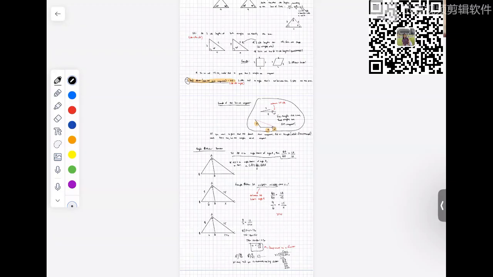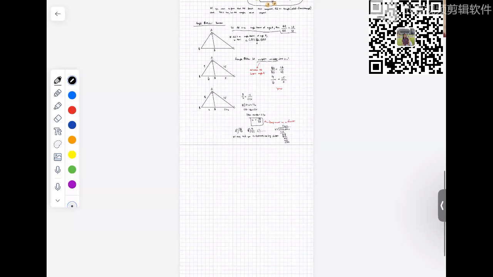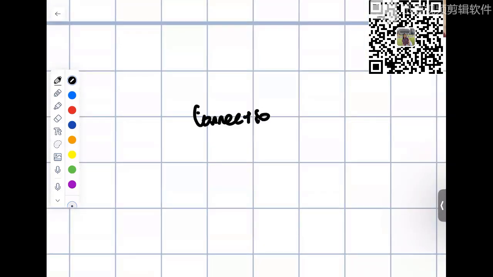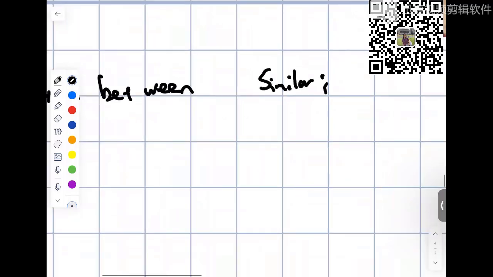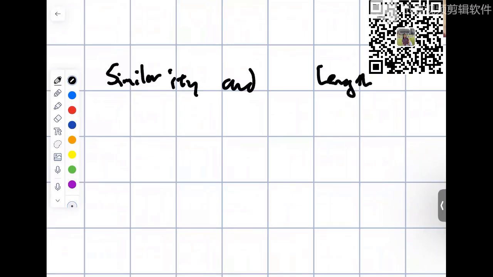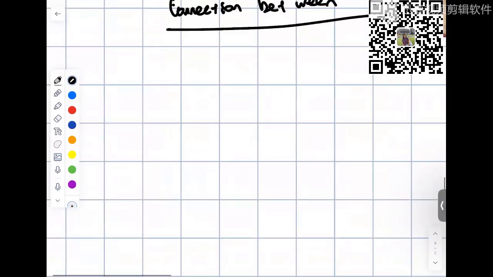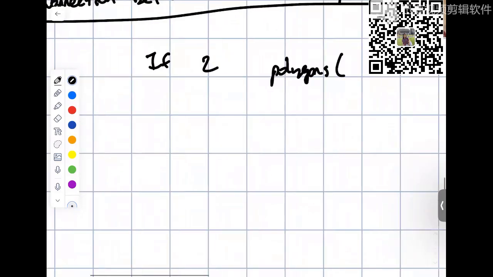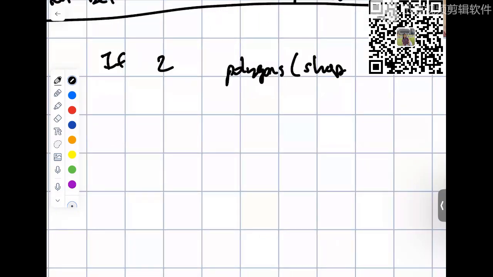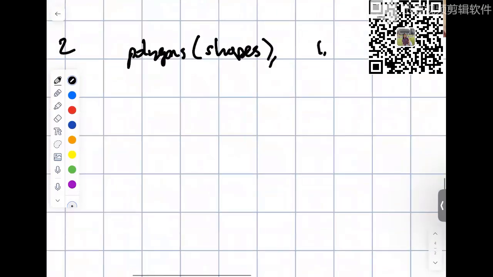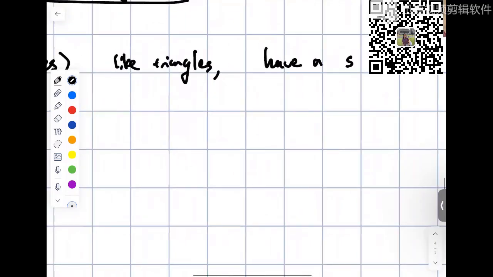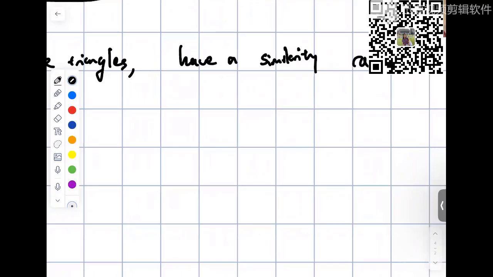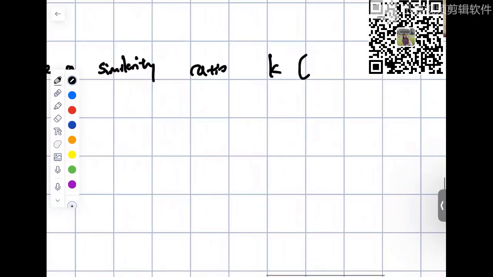Okay, so let's talk about length now. There's actually a really important connection between similarity and length. I already talked about this in some examples, but let me just write it and set it in stone. If two polygons, which are just shapes, and I'm saying polygons because it applies to triangles, but also shapes with more sides than three, like triangles, have a similarity ratio k, and k is like a random number,